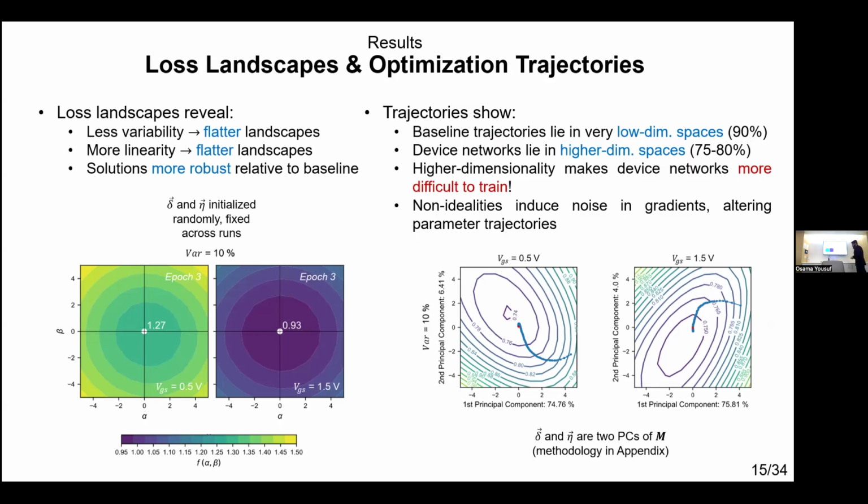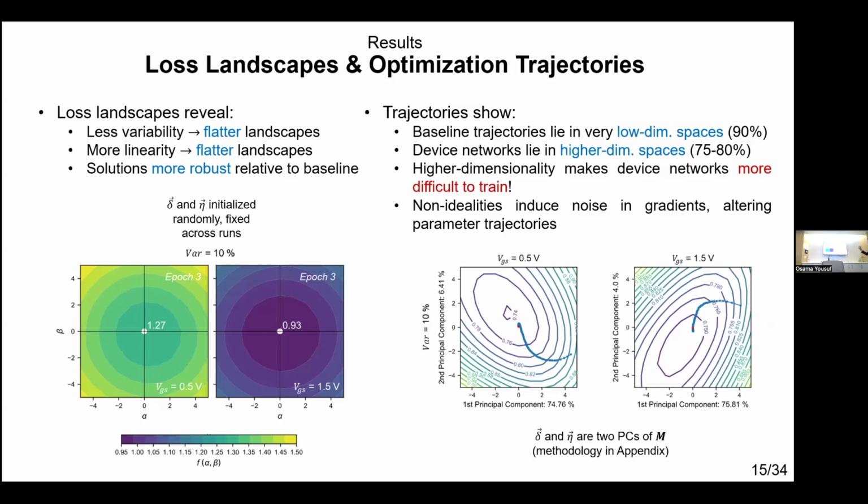And some of the findings we had, one key result was that devices with less variability tend to have flatter loss landscapes, meaning more robust solutions. And devices that are more linear also tend to have flatter loss landscapes. So if you were to derive insights from this work in terms of how your devices need to be, you want devices that are less variable, or you want to minimize your device-to-device variability in your crossbars. And you want devices that are more linear compared to, for example, non-linear conductance